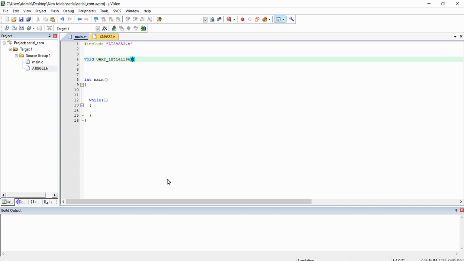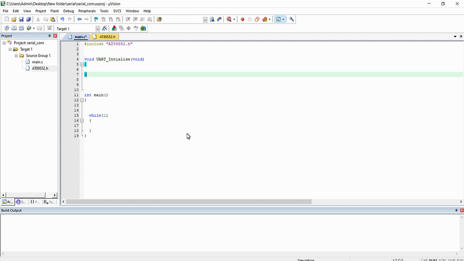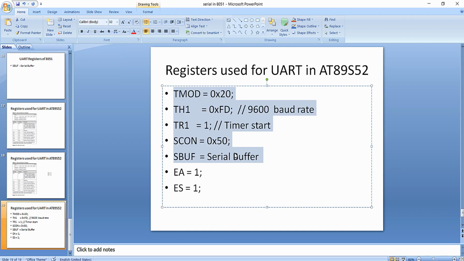initialize. This function receives no parameters, and here I hope you remember the configurations that we did in the UART configuration lecture before the previous lecture. You could have remembered that these are all the initialization part of the UART communication.